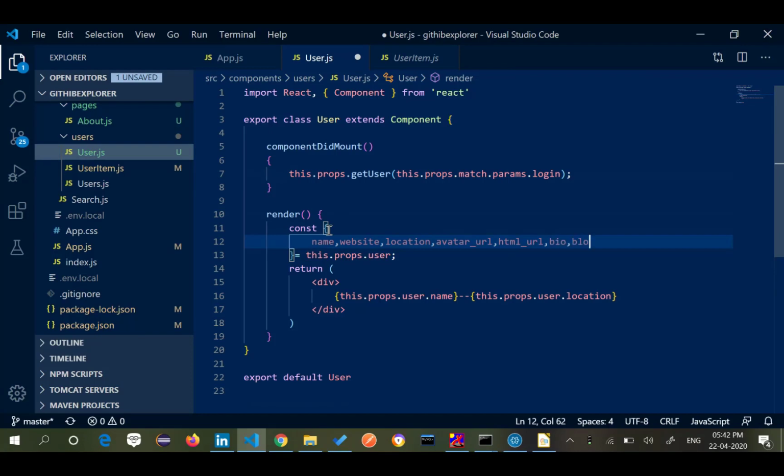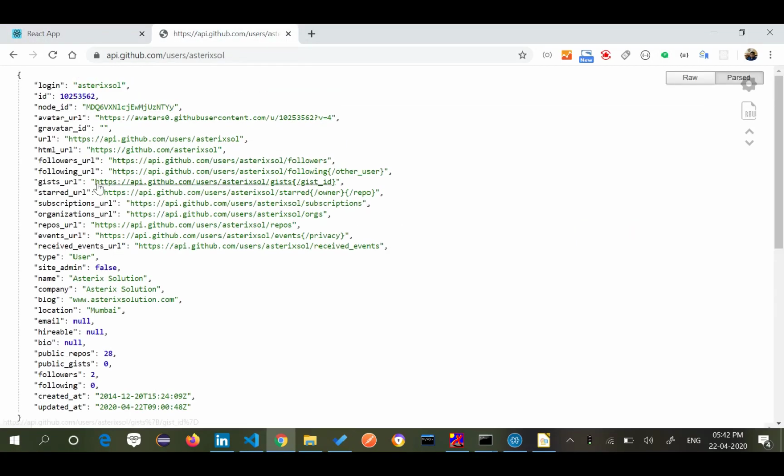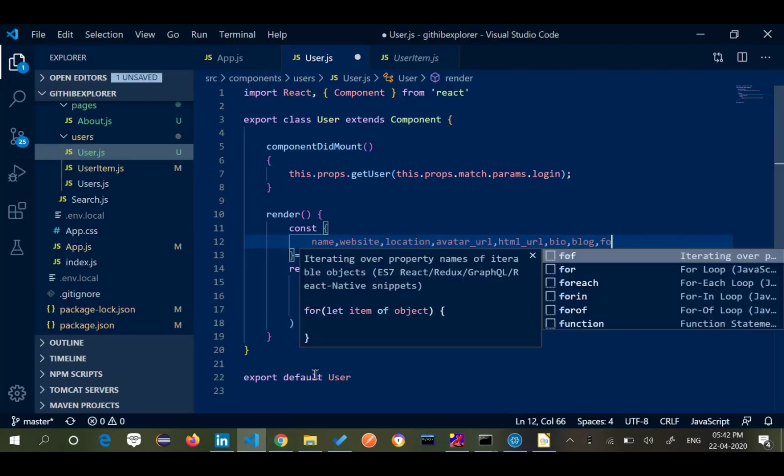Basically, I am taking the data from here. So login, followers, following. I'm going to take all of this and I will try to display it on our page.